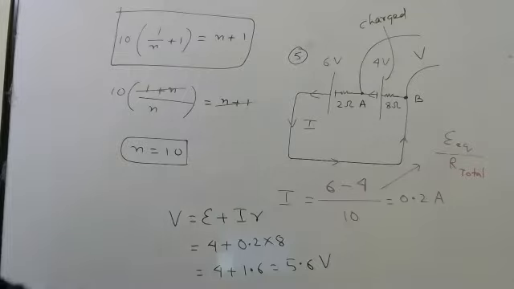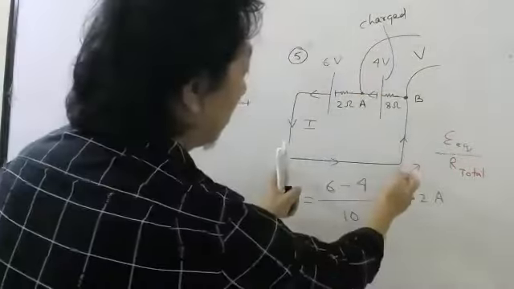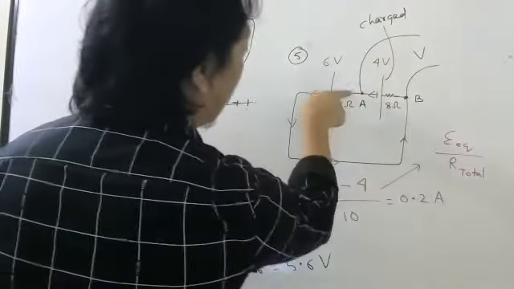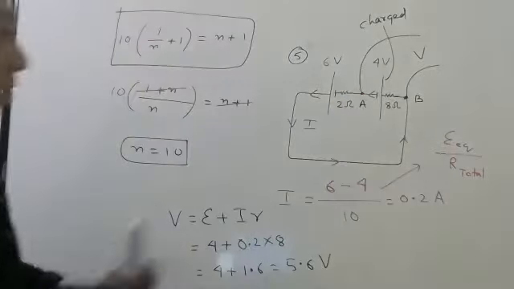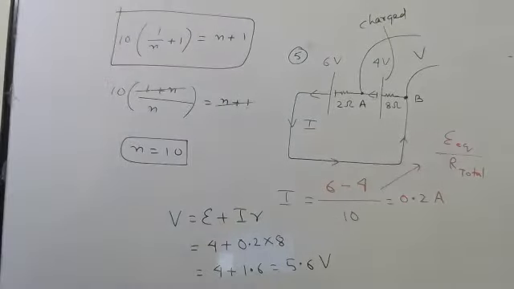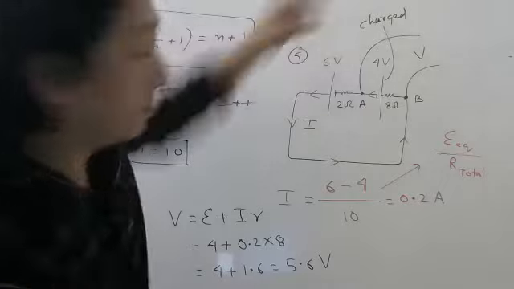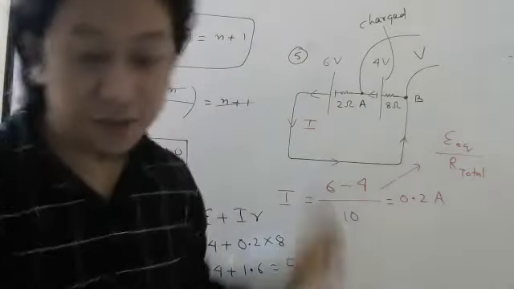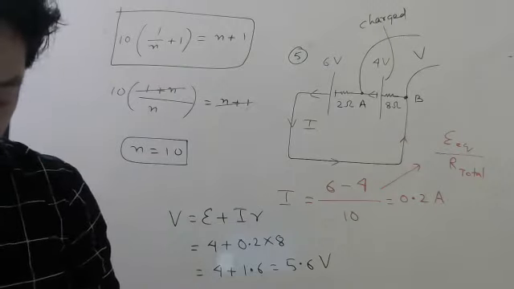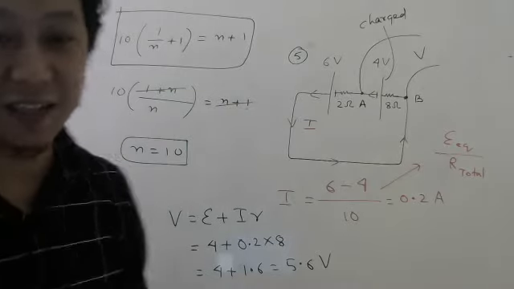5.6 volt. Try this one. This will also come 5.6 volt. So total here will be 0, because this is 5.6 and this is minus 5.6. Because this is drop, this is rise. Total voltage here has to be 0 because there is no resistance here. So try this one, you will also get 5.6. But remember, while adding them, you have to subtract because they are in opposition. Opposition means in one battery it is drop, in the other battery it is rise.